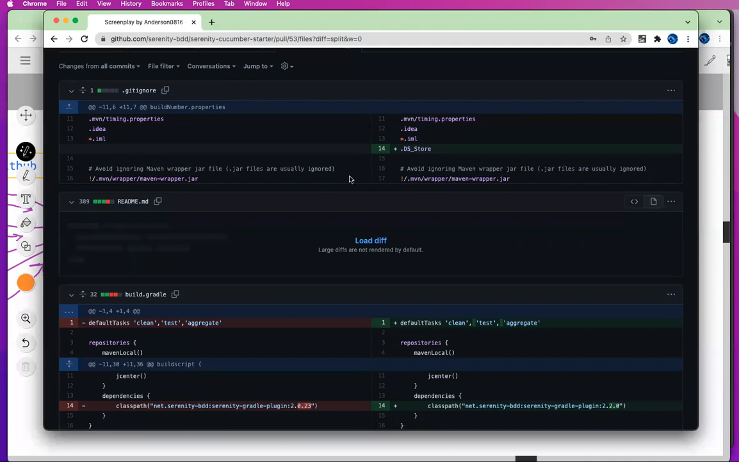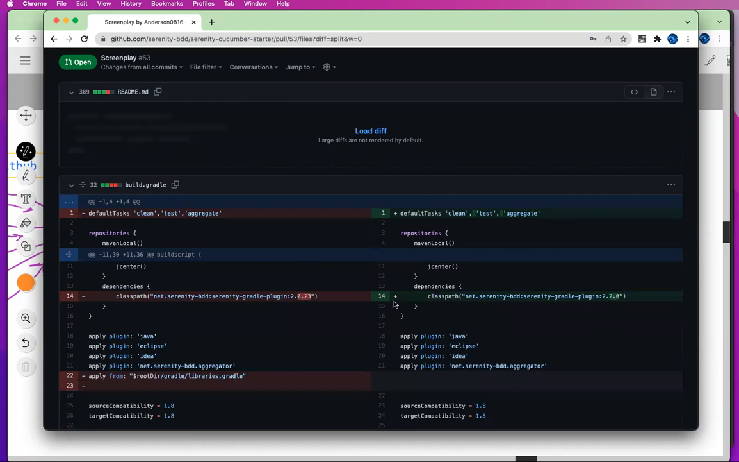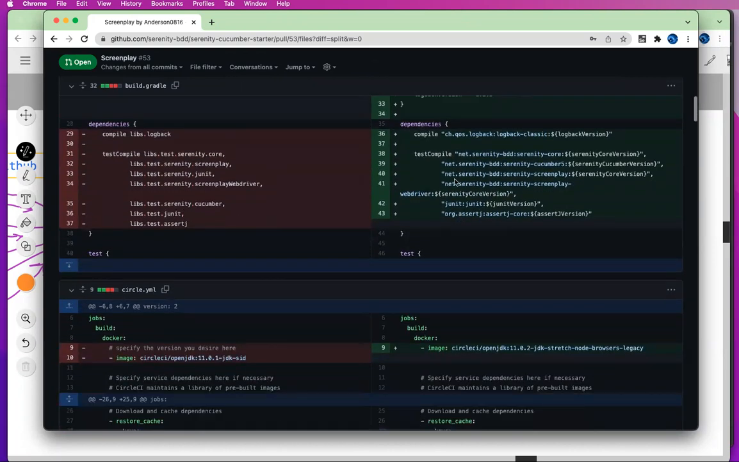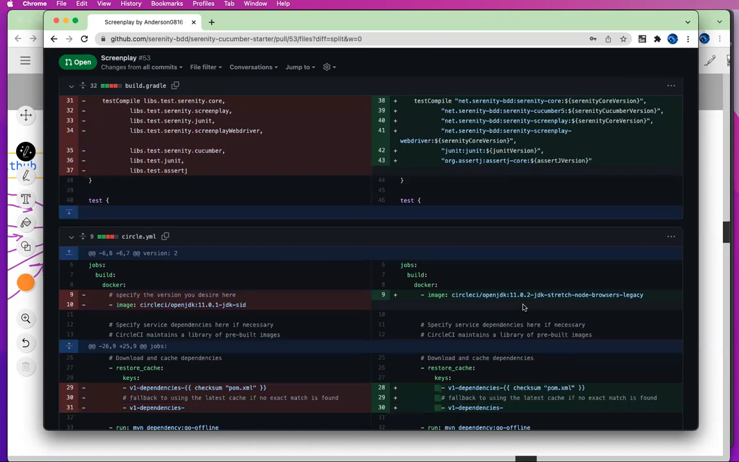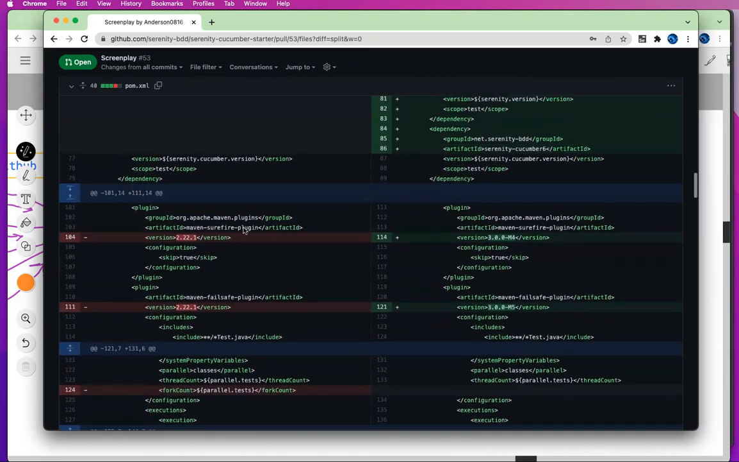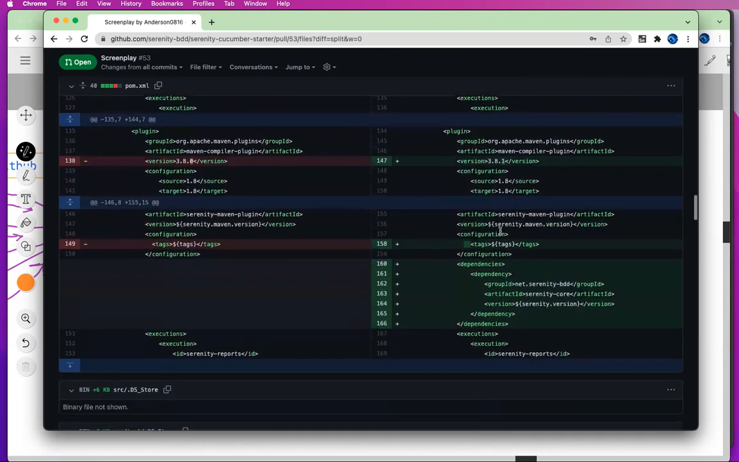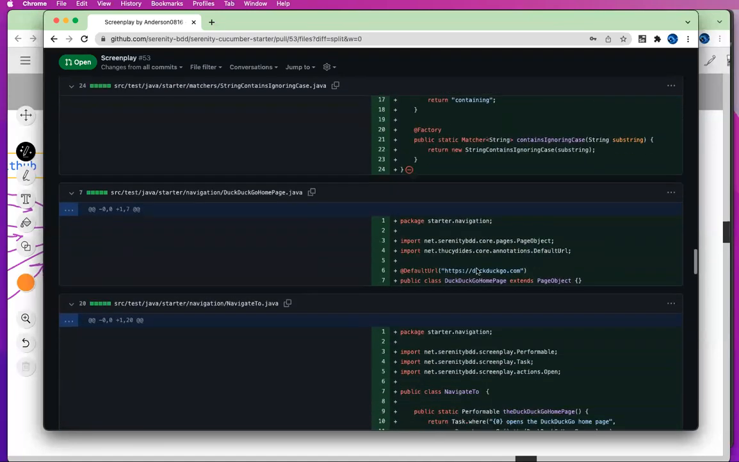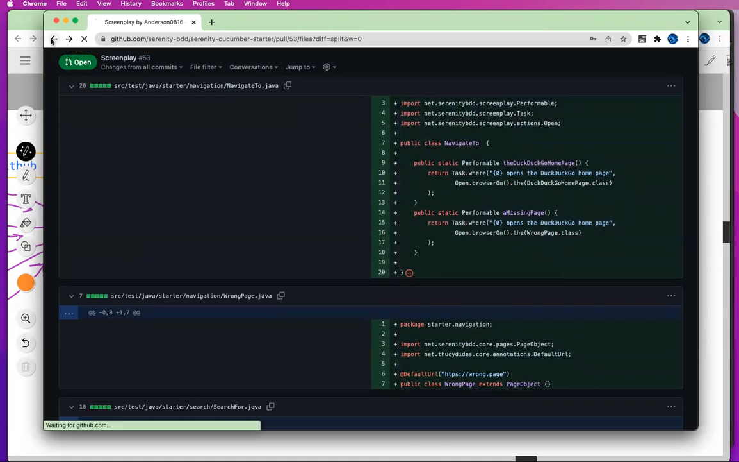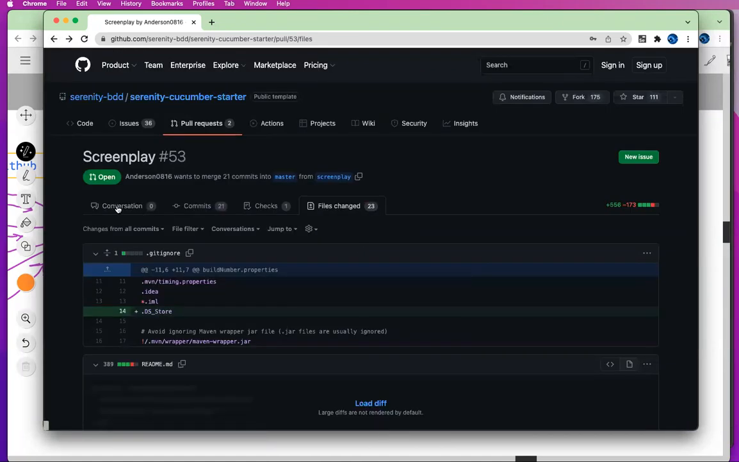Or I can write comments here and say, hey, can you change this? We don't need that. There was some line at 14, he updated that. As you can see, he updated this, this, and also this. So you can see what changes he made. Looks like he updated POM.xml. As you can see, he updated the version of the libraries. And then he also updated some code. That's what he did. Now if I like his change and I feel like he did well, I can go and click on